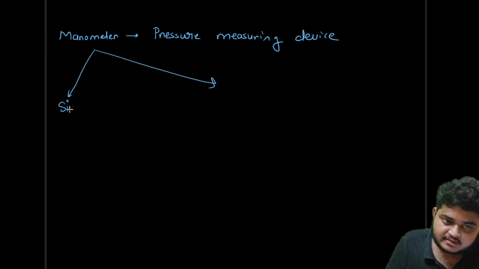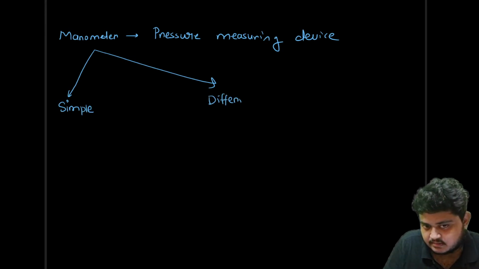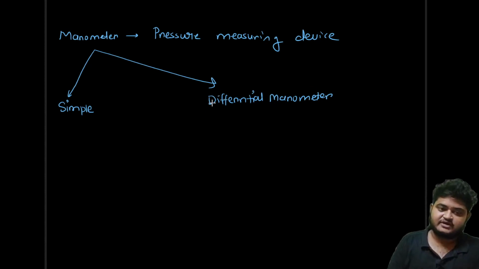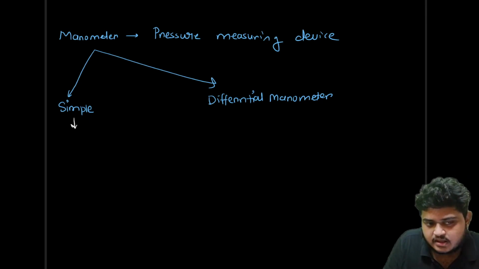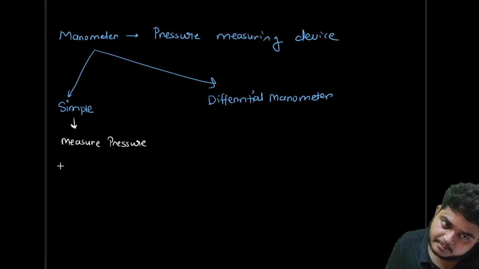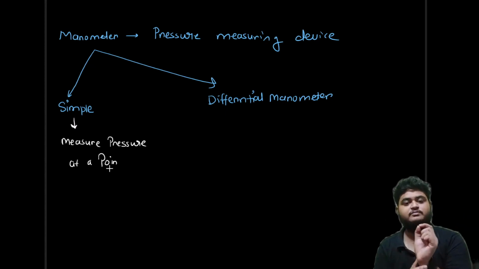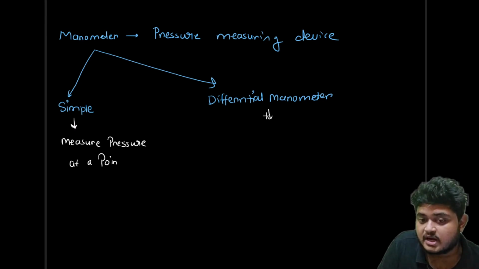First is simple manometer. Second one is called differential manometer. One is simple, second one is differential manometer. So what does simple manometer do? It helps us to measure pressure at a particular point. एक पर्टिकुलर पॉइंट का प्रेशर मेजर करने के लिए वी यूज सिंपल मैनोमीटर, वेयर एज डिफरेंशियल मैनोमीटर, I have already